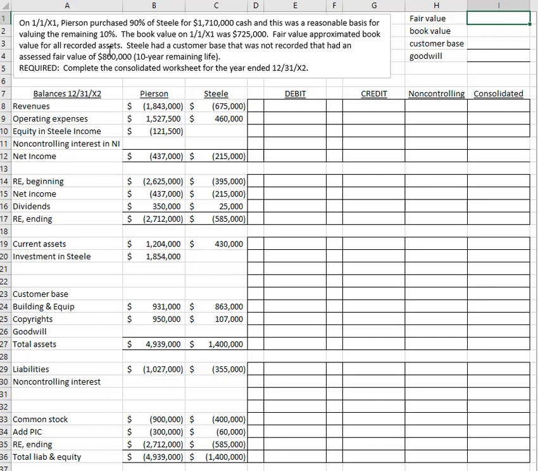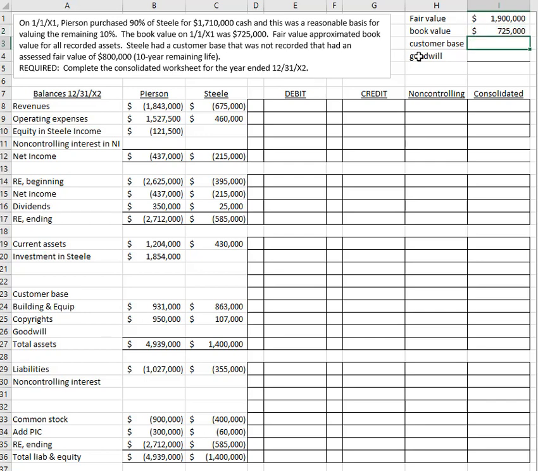All right, so here we go. They purchased 90% for $1,710,000, and that was a reasonable basis for the remaining 10%. So we can take this $1,710,000 and divide it by the 0.9 and get the fair value. So the assumed fair value of the whole subsidiary is $1,900,000, and then they give you the book value was